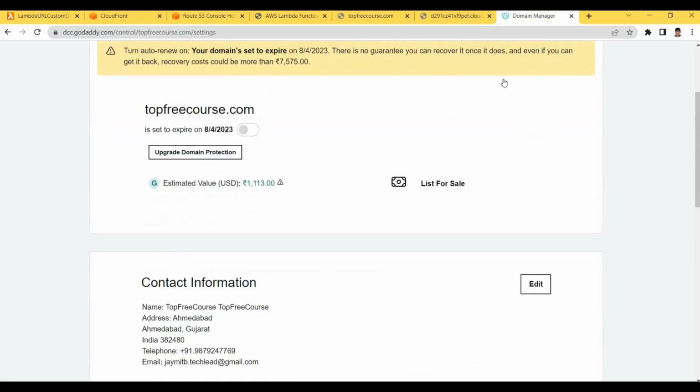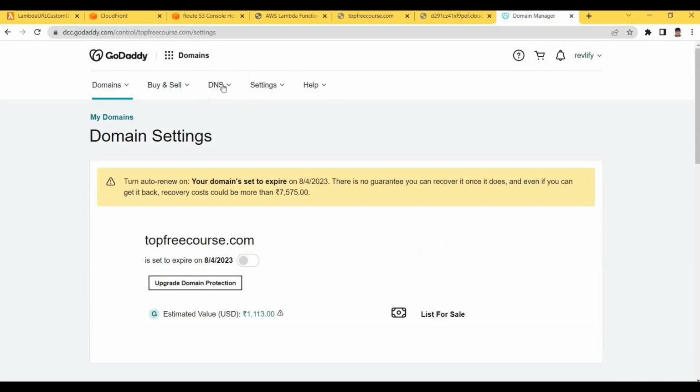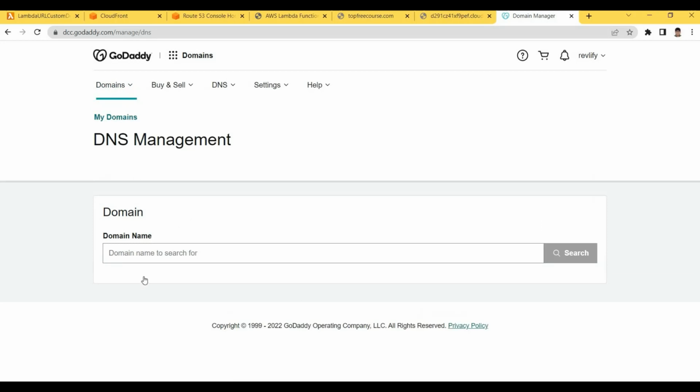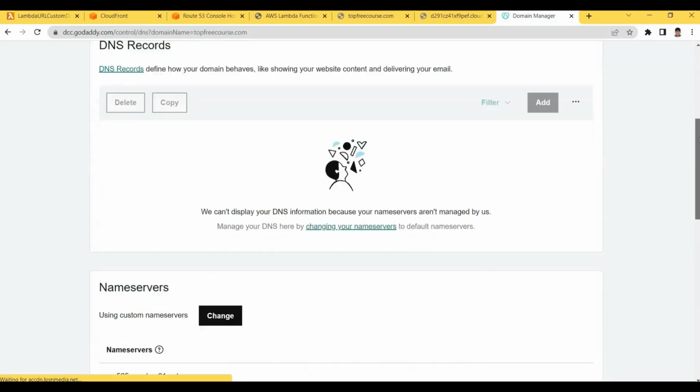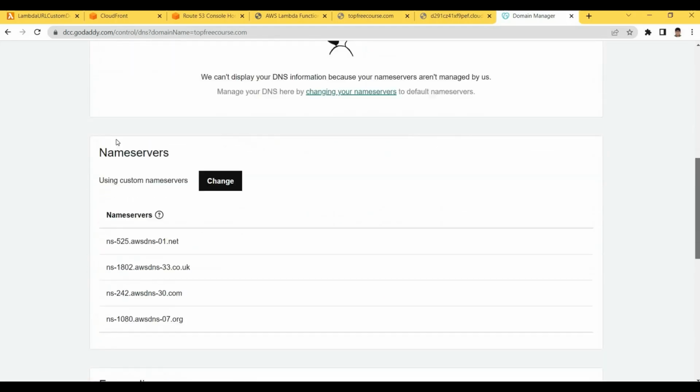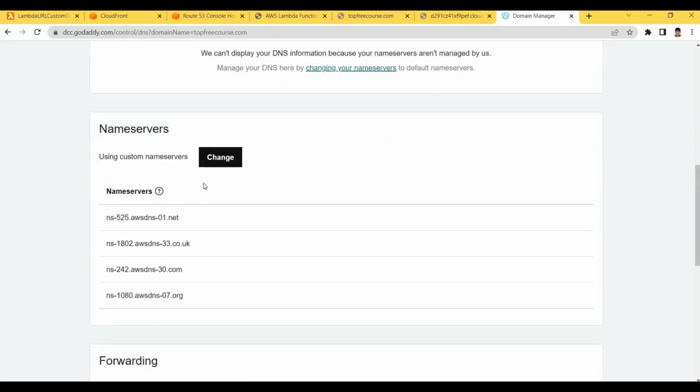Okay. So after going to products and your domain, in DNS there will be manage zones. In manage zones, you need to select your domain. After searching your domain, you will see name servers here, and you need to update this name server entry. Generally it is the default one. So far I have tried some demo, so it is a previously set value, but I will change this as per